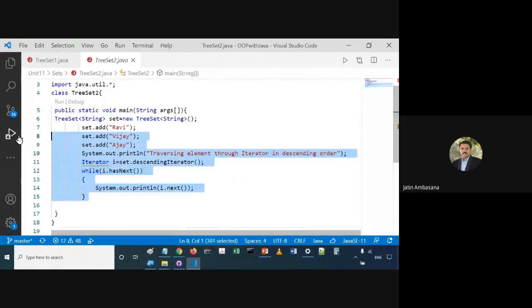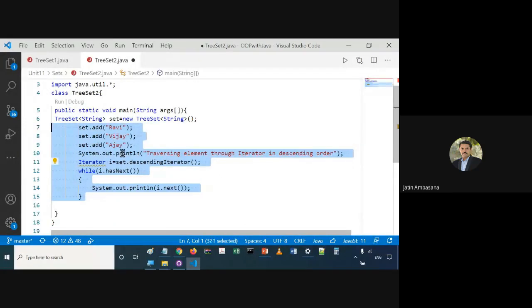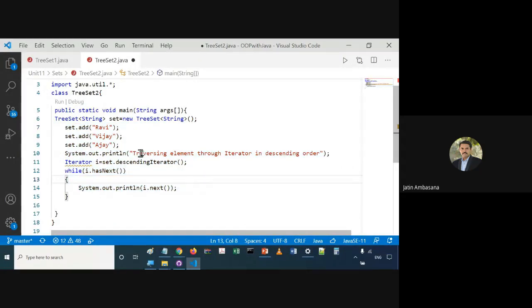In this TreeSet example, we are traversing the elements in descending order. So we say set.descendingIterator, and then we traverse through it. Ajay is added in the end, but it comes on top. But now it will run in the reverse manner.